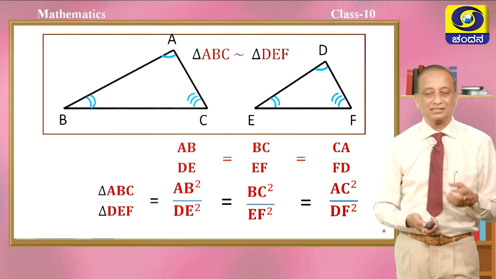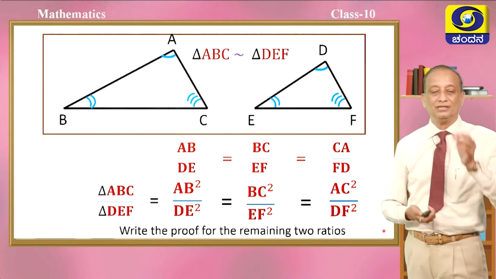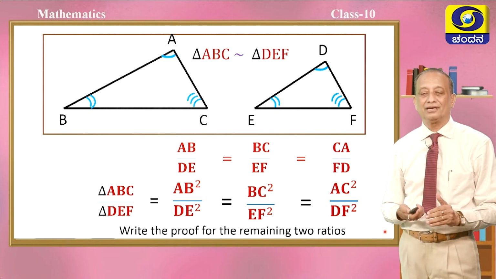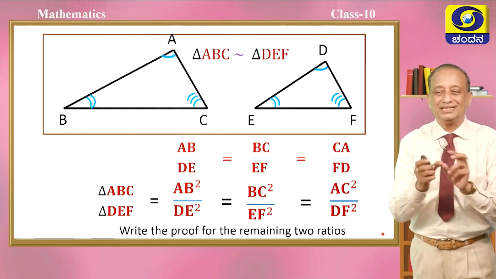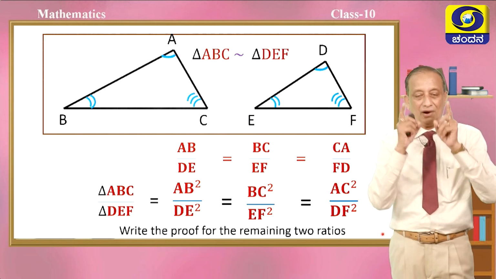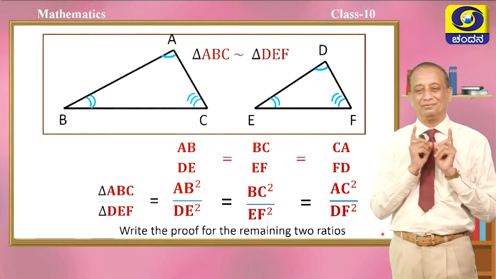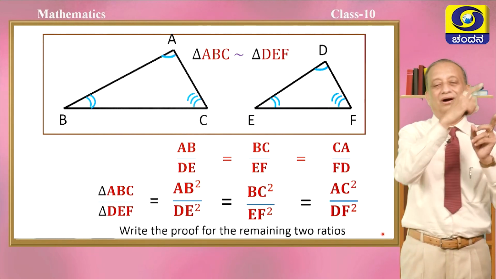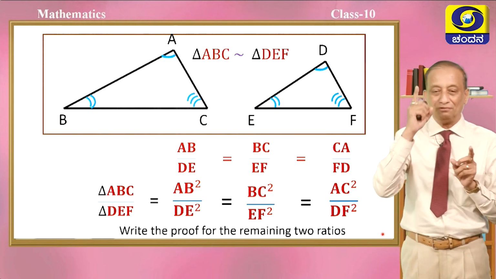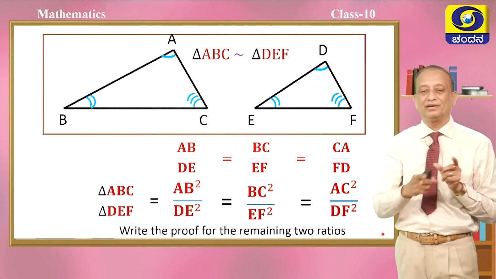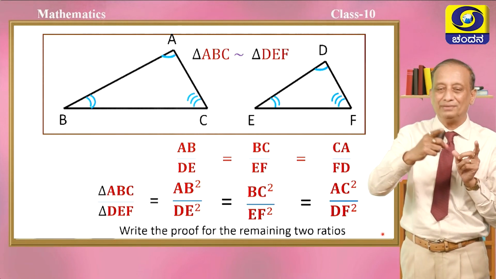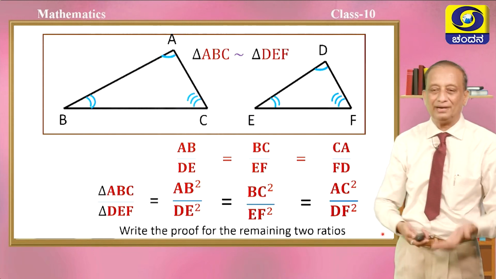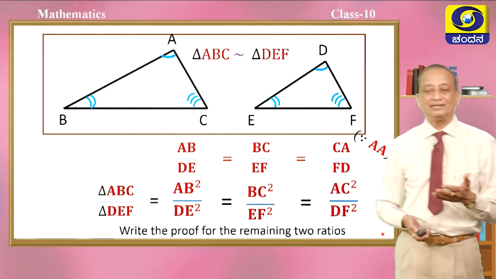So I request all of you to take down a small activity. Show that it is equal to AB square by DE square, or it is also equal to AC square by DF square. A small change has to be made in our construction. If you want AB square by DE square, the same construction, but from C and F we have to draw the altitudes. If you want to show that it is equal to AC square by DF square, we have to draw altitudes from B and E to these opposite sides. That's all the small change you have to make. So please take up this activity and practice well at home.